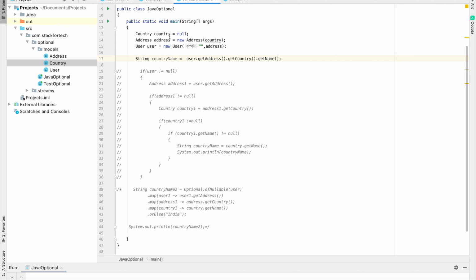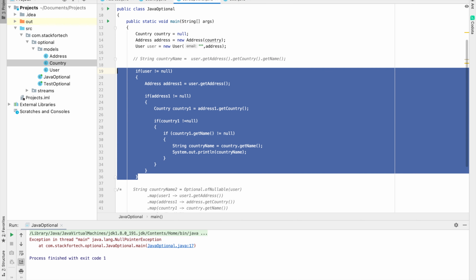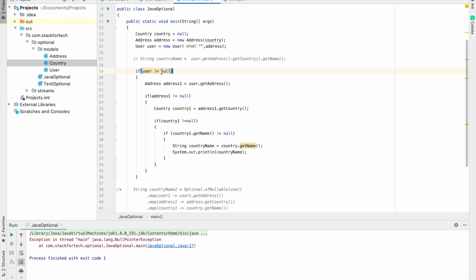So here we have this country object which is null, and we are calling get name operation or method on the country object, basically on a null reference, right? So this will ideally throw a null pointer exception, which it has thrown, right? To counter this, what possibly can we do? We can possibly apply a check on each of the objects because we don't know which object is null, right?